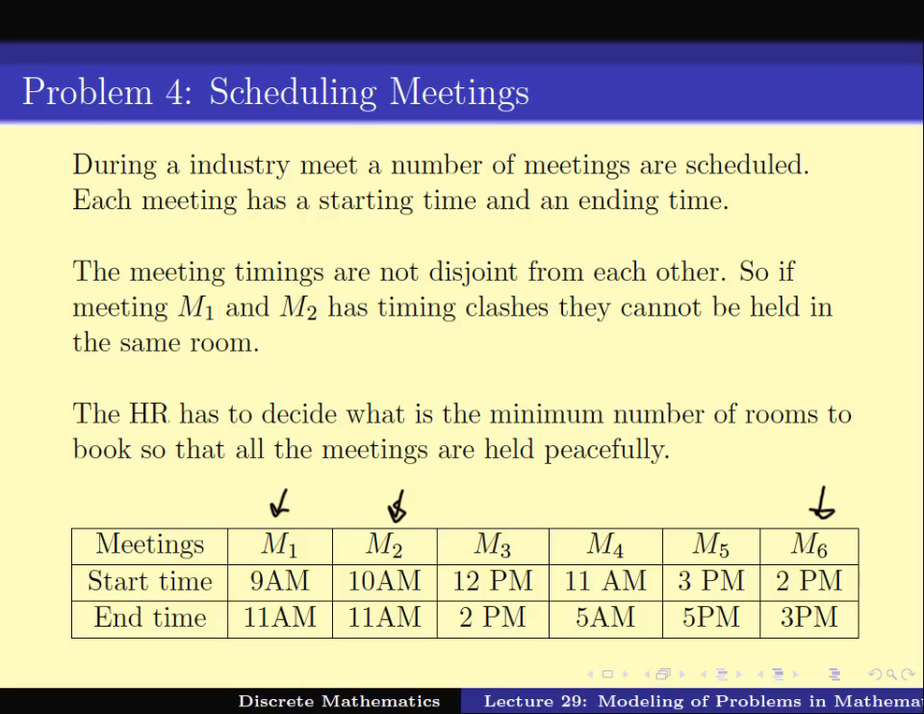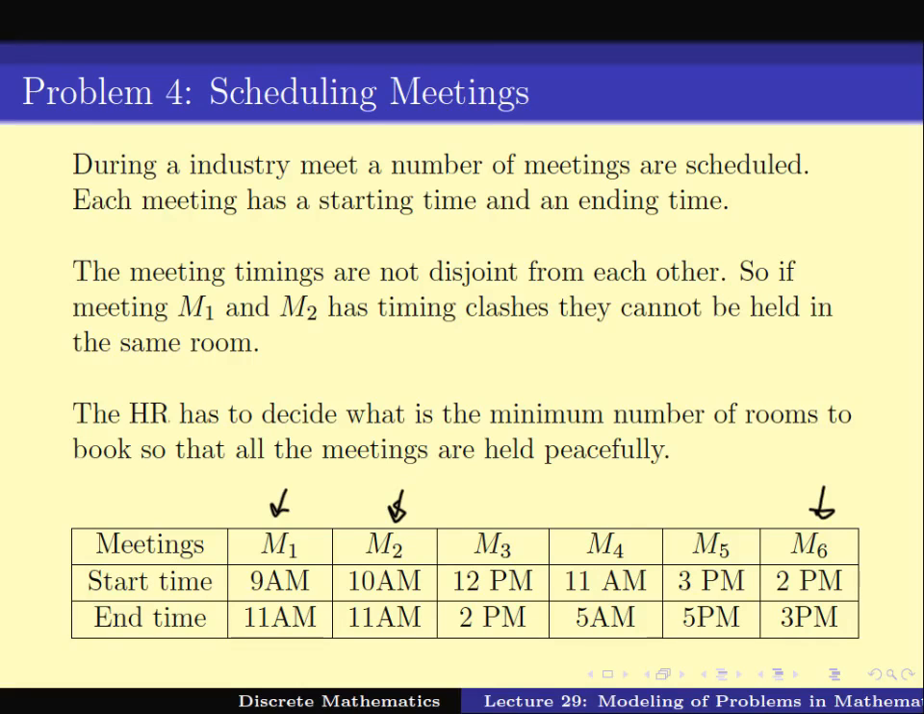And so on. Now, of course, two meetings that clash in time, for example meeting 1 and meeting 2, cannot be held in the same room. So the HR has to decide the minimum number of rooms to book so that all the meetings are held peacefully. So we would need to solve this problem also. Here again it's an optimization problem: minimize the number of rooms required for ensuring that all the meetings happen